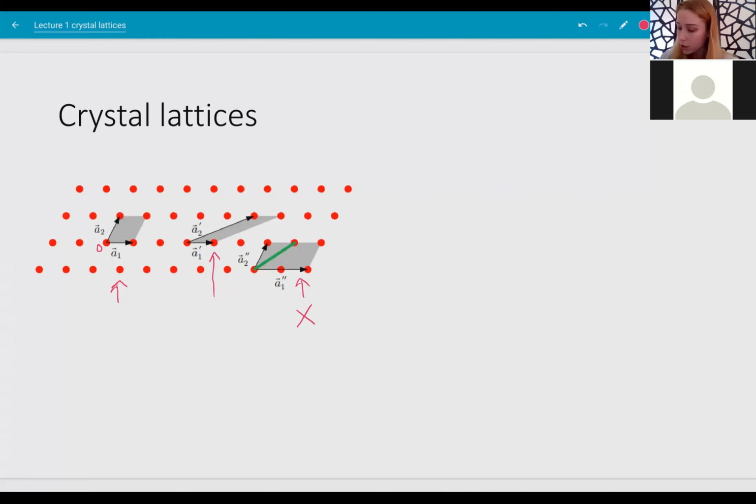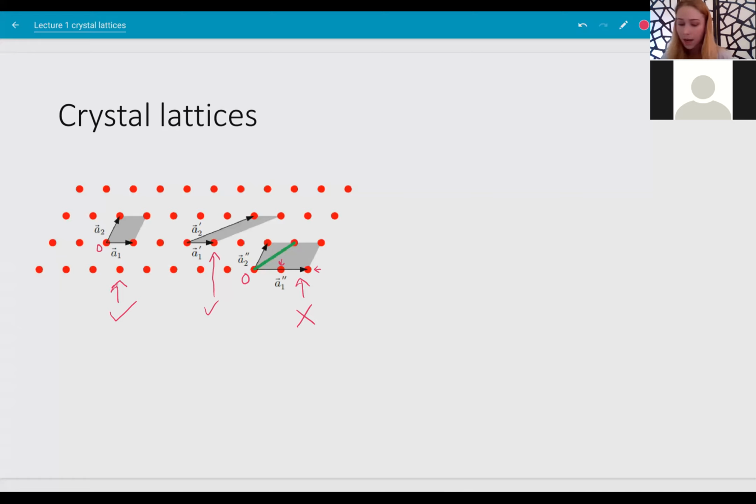And if you were to start at this origin point and try to tile or produce this lattice using these two translation vectors, A2 double prime and A1 double prime, you would not be able to do that. You can see that visually where this horizontal line skips this point right here. So this is not a primitive translation vector, but these two are, and these two are. Okay, so